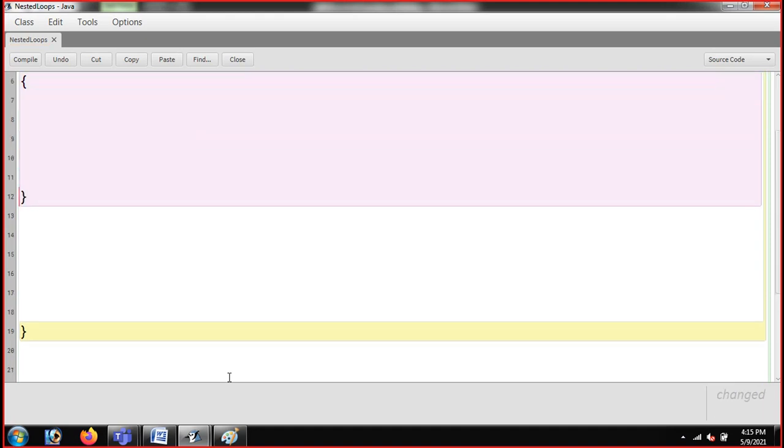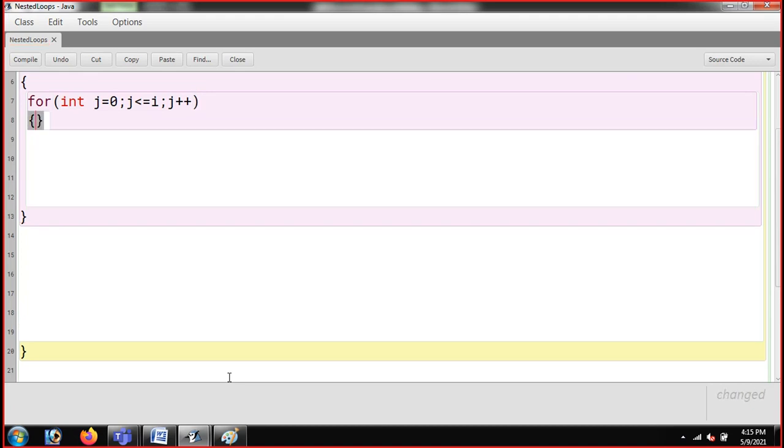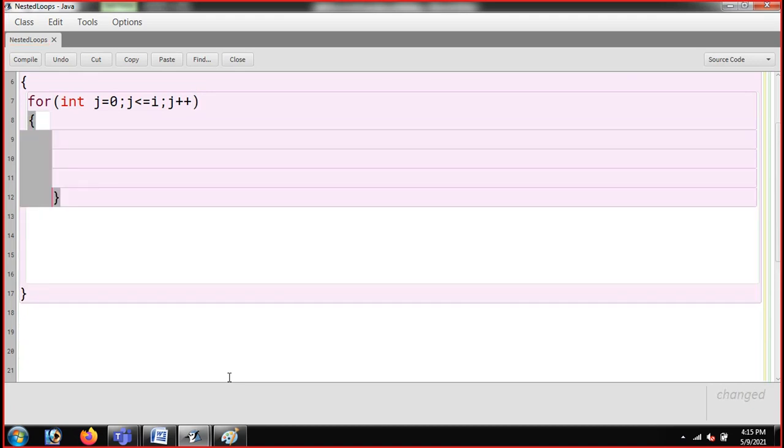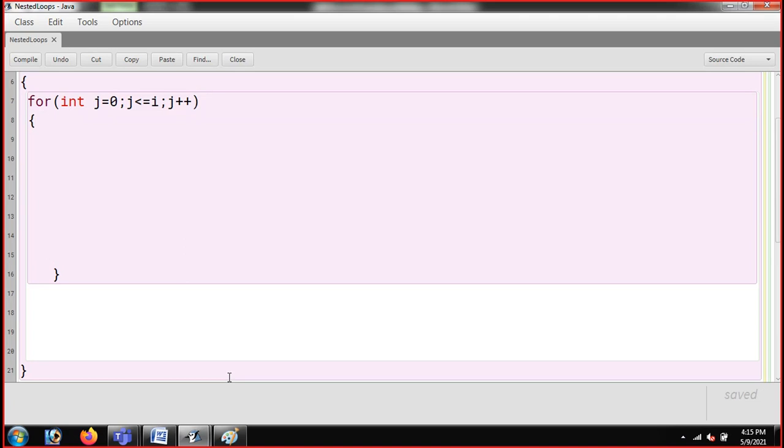Here I'm in my inner loop, and my outer loop is ready. I'm just going to write my inner loop now. So again, I'm writing for, and I'm taking one more variable, guys, that is j. And j, I'm starting from 0 every time, but it is going to follow i. So if my i is 0, j is running from 0 to 0. If my i is 1, j will be running from 0 to 1. If my i is 2, j will be running from 0 to 2. So it will be going like this, and each time my j is going to increase by 1. So guys, when I'm writing j plus 1, it means I want to say j, you please increase by 1. It means j is equal to j plus 1.